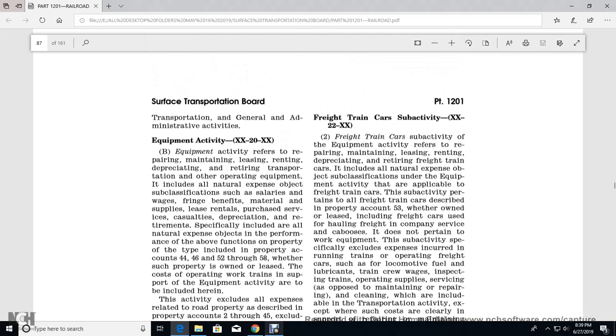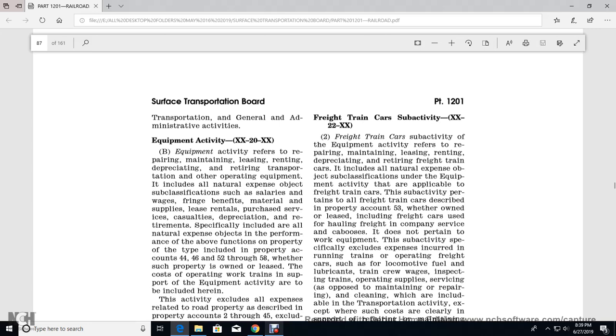Train car sub-activity XX22XX. Freight train car sub-activity refers to the repairing, maintaining, leasing, renting, depreciating, and retiring of the freight train car, and includes all the natural expense of the subject classification. Equipment activities applicable to the freight train car sub-activity pertain to all freight train cars described in property